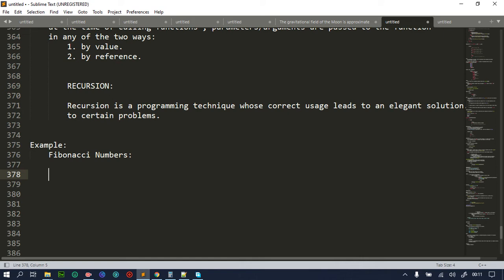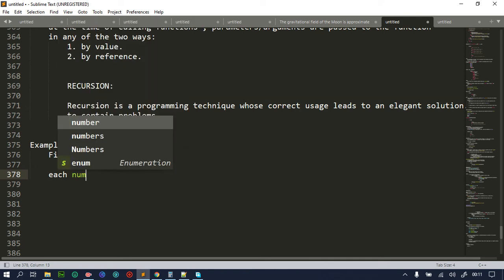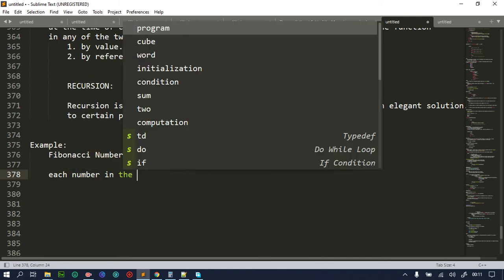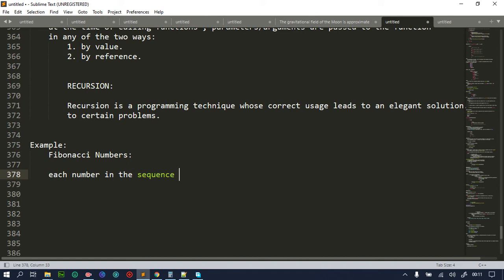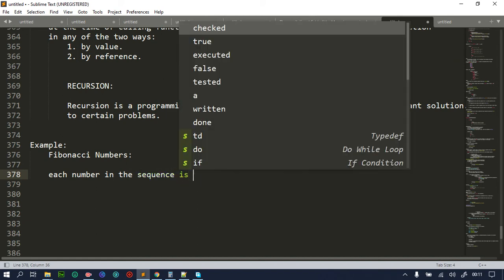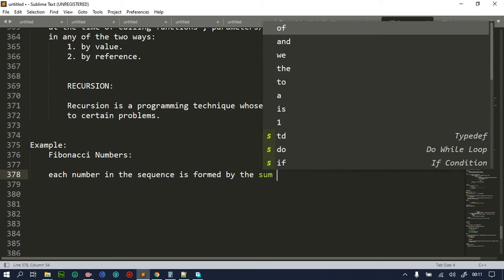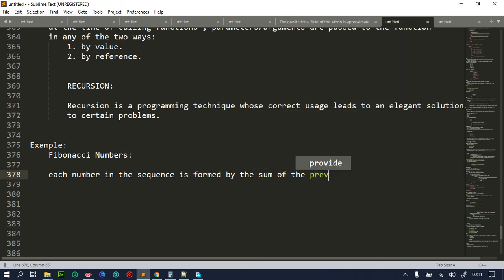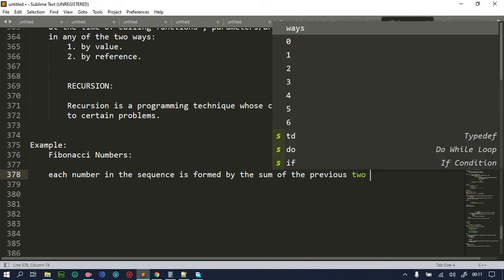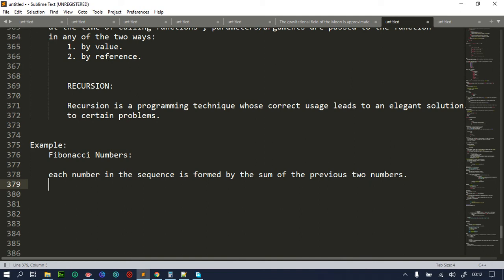Okay, like let me note, each number in the sequence is formed, or is an outcome, is an outcome of the sum of the previous two numbers. I think that logic is simple now to understand after this explanation. So the concept is the first two elements are equal to 1 by definition,